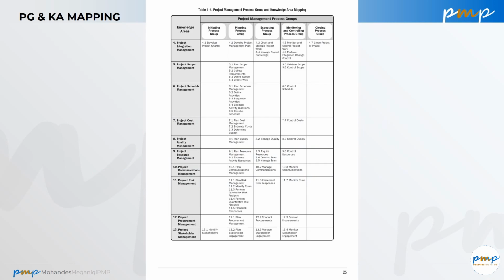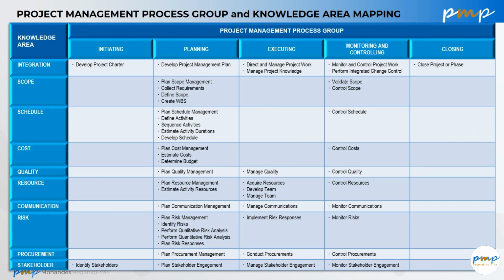You'll find this process chart on page 25 of the PMBOK Guide 6th Edition, which is captioned Table 1-4, Project Management Process Group and Knowledge Area Mapping. I rebuilt this table here for the purpose of easy memorization the way I did, which will also help you memorize this table quickly. It is very important that you understand this process chart because this is already the skeleton